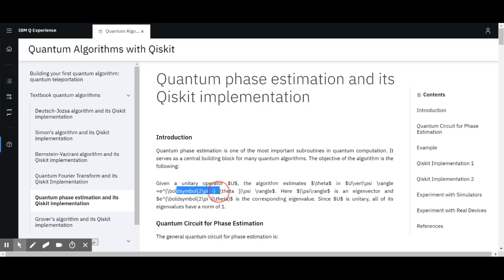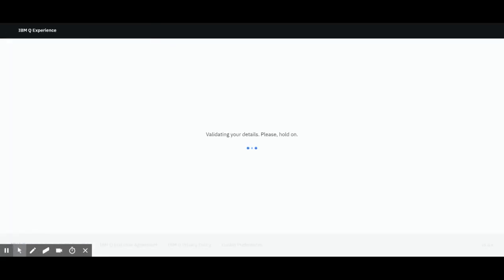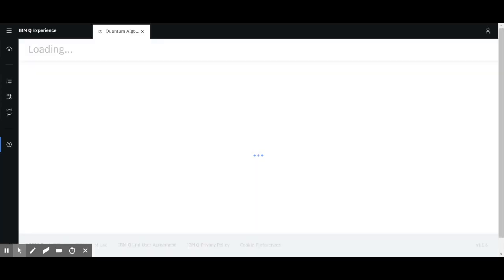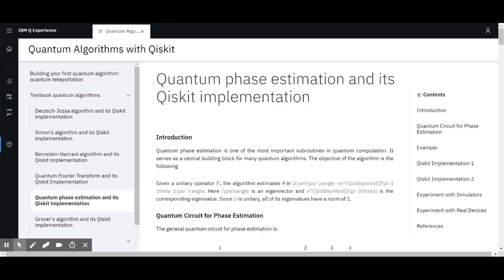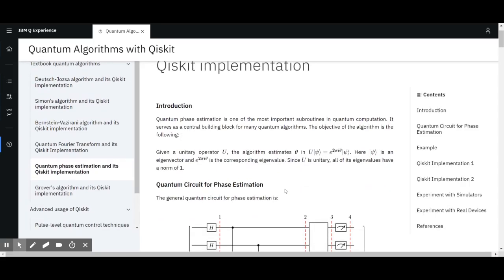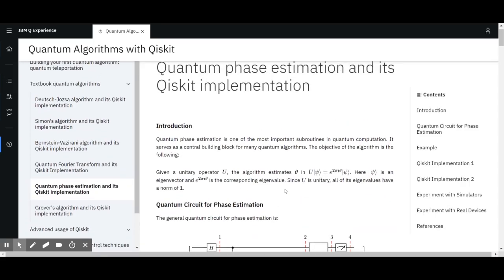Why doesn't this seem to render nicely? Maybe I should refresh the page. Let's give it a try and see if that renders better. I'm curious about Shor's algorithm at that point. Oh yeah, now it renders better. So, given a unitary operator U, the algorithm estimates theta in